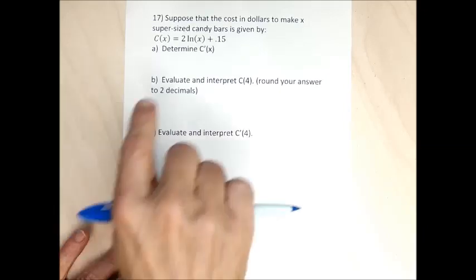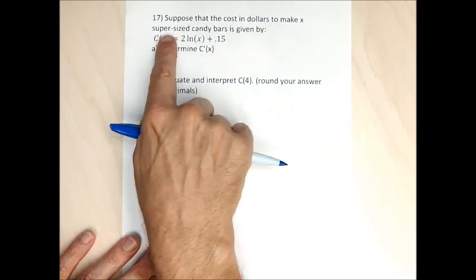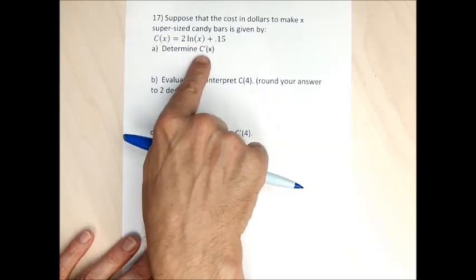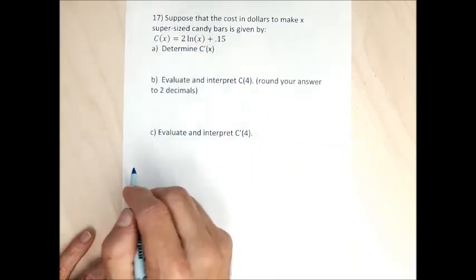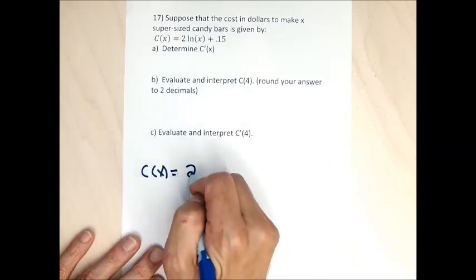just the algebra is a little bit harder. So this problem gives me a function. It says the cost in dollars to make x supersized candy bars is given by this function. Part A wants me to find a derivative. So I need to find the derivative of this function. And when I go to find the derivative of the function,